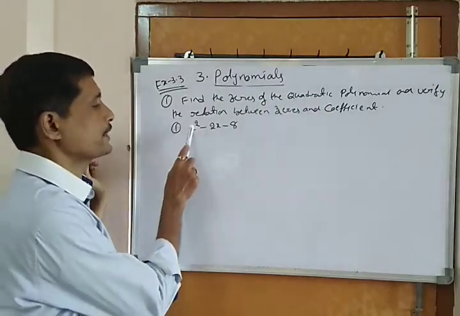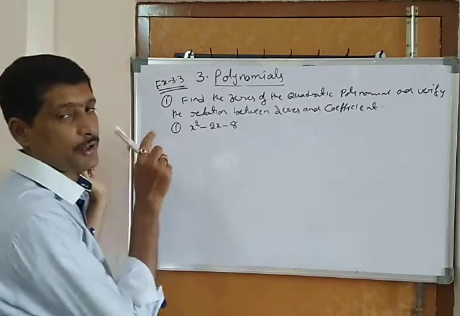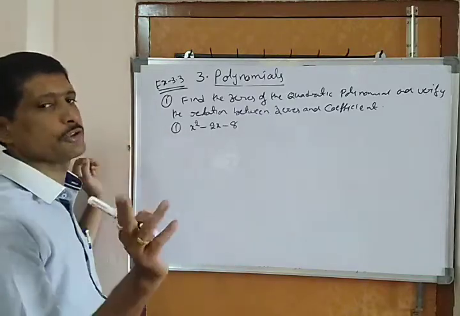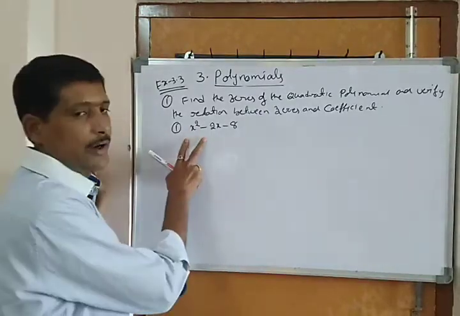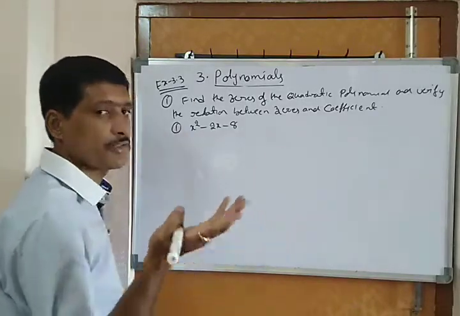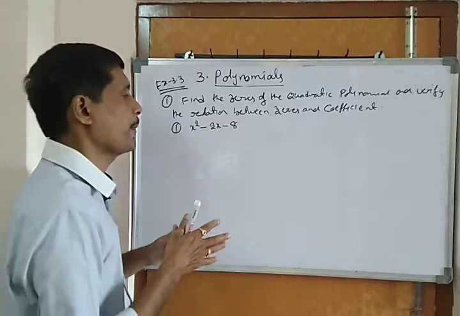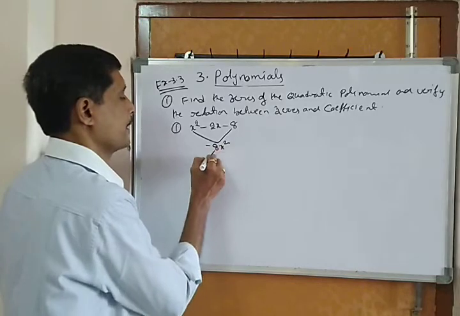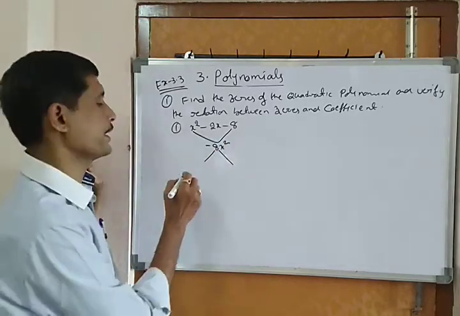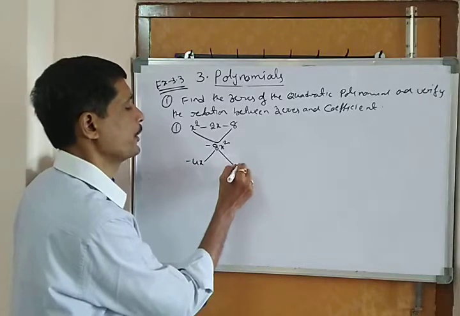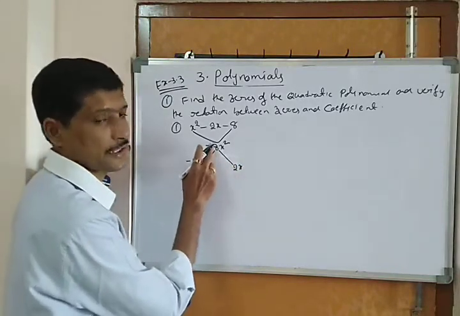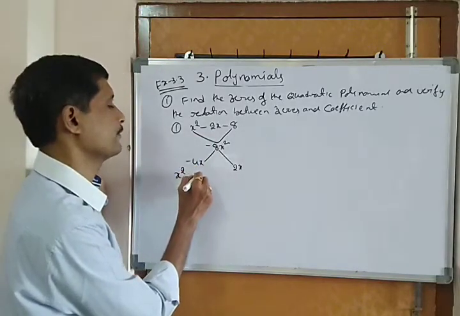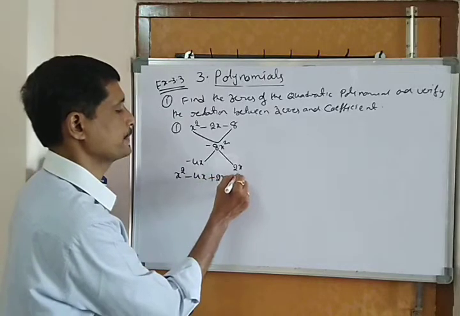Here, x square minus 2x minus 8, the degree is 2, therefore first do the splitting, factorization, and find out the zeros. Degree 2 means there will compulsorily be 2 zeros, whether equal or not equal. Next, the relation means the sum of the zeros and product of zeros, based on the formula. First and last multiply, you get minus 8x square. Minus is there, therefore minus 4x into 2x, that is minus 8x square. So x square minus 4x plus 2x minus 8.